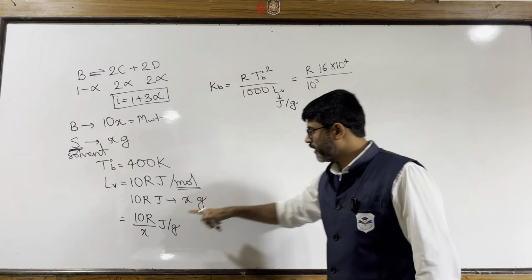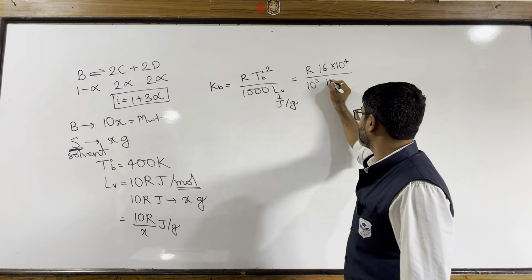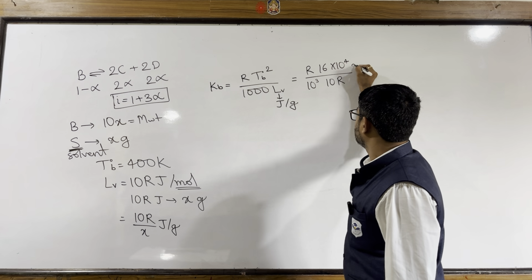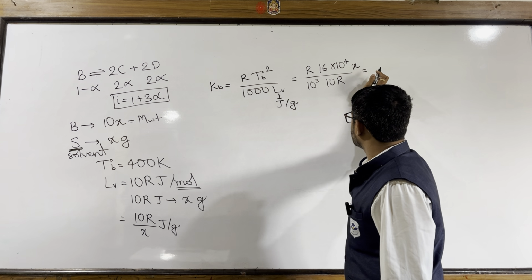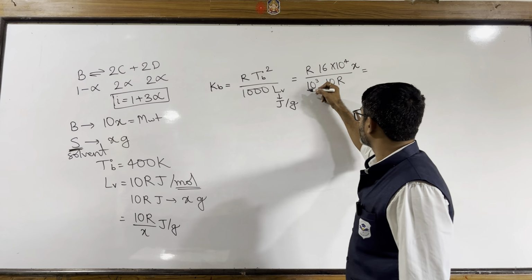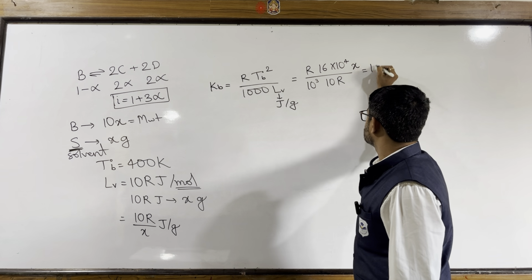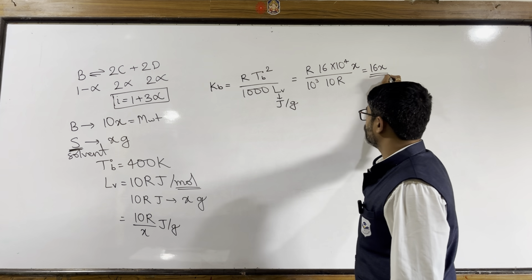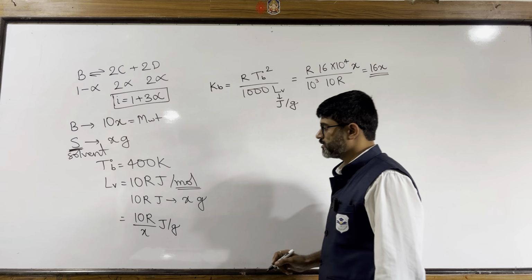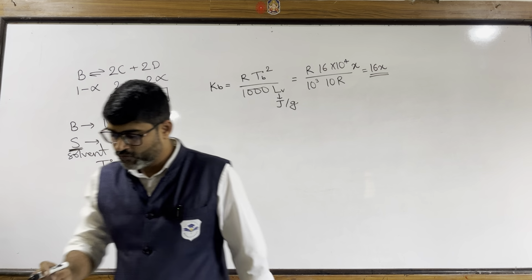LV is 10R by X, 10R by X. So this value comes out to be, 10 to the power 4 cancels out, R cancels out. This is 16. So the value of Kb is 16x. And next we have